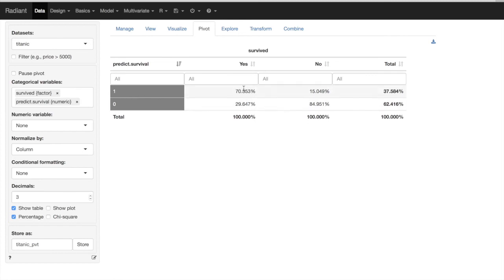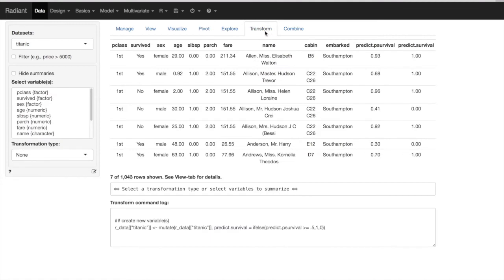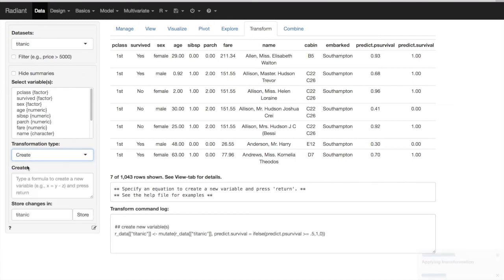And we can try this out by simply doing that. So the only thing we need to do is create a new variable, and instead of predicting survival using a threshold of 0.5, we can use one of, let's say, 0.3. We can be a little bit more extreme for the sake of this example. So we'll go into transform and then create a new variable. And this time around we'll say predict survival 2